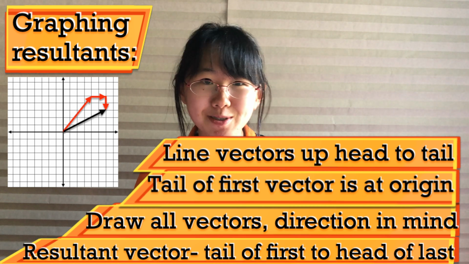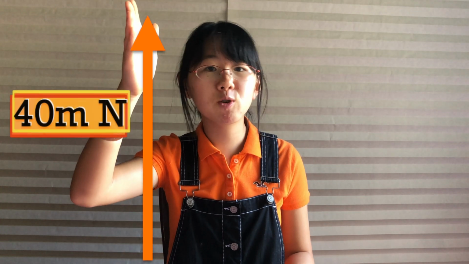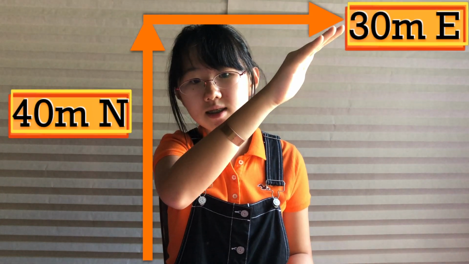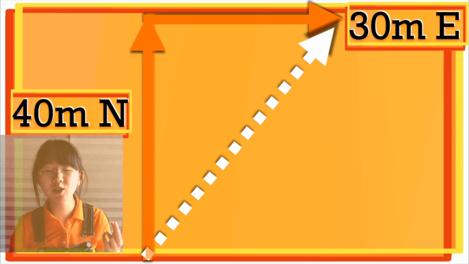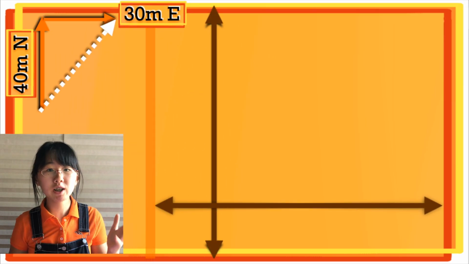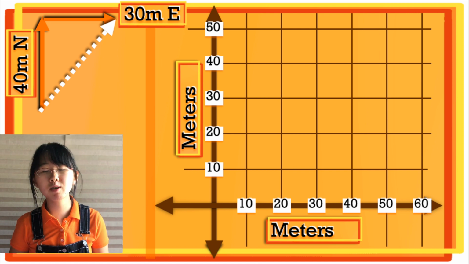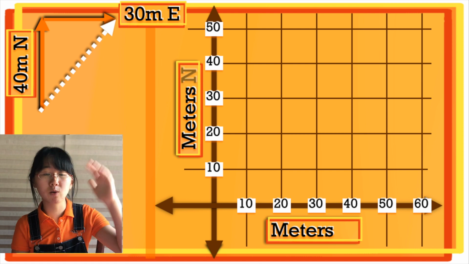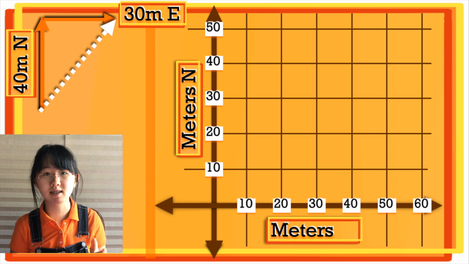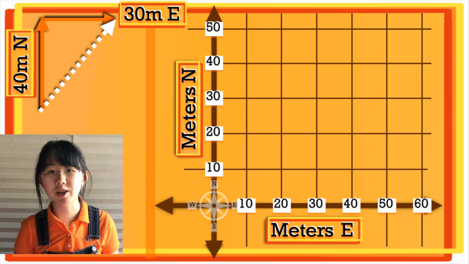So now that we know how to do that, let's try finding the resultant vector from my last video, where I introduced two-dimensional movement. On the track from that video, we first traveled 40 meters north before turning to travel 30 meters east. If we were to find the displacement, we would first need to label our axes accordingly. We can label both in meters, since that was the unit mentioned in the problem, and then we can label the positive half of the y-axis as north and the positive half of the x-axis as east, because that's how they're usually arrayed on a compass.